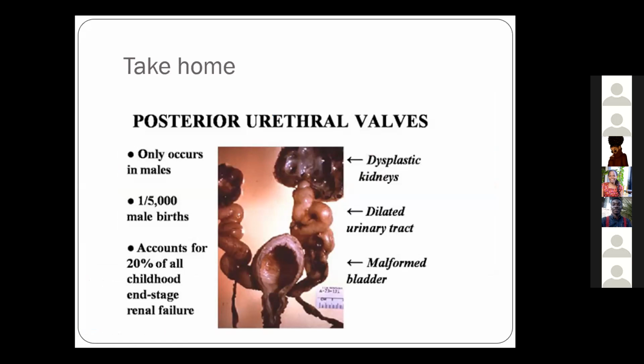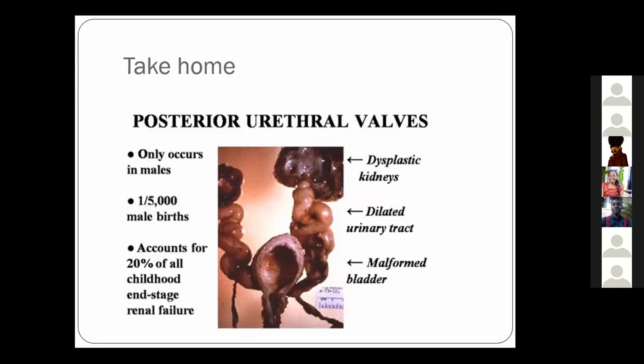And it accounts for 20% of all childhood end-stage renal disease. And we also already said that of all the patients with posterior urethral valves, about 50% will actually end up with end-stage renal disease. Of course, we've also said that renal dysplasia is very dangerous because it is irreversible, and